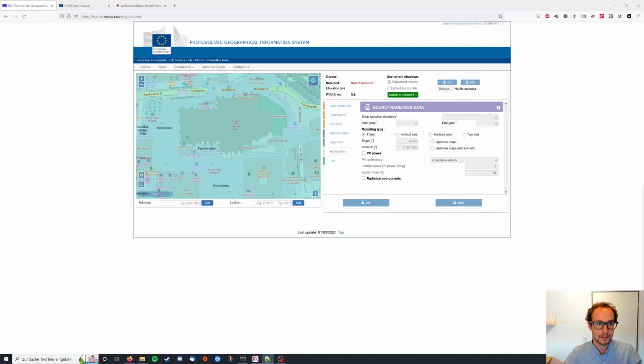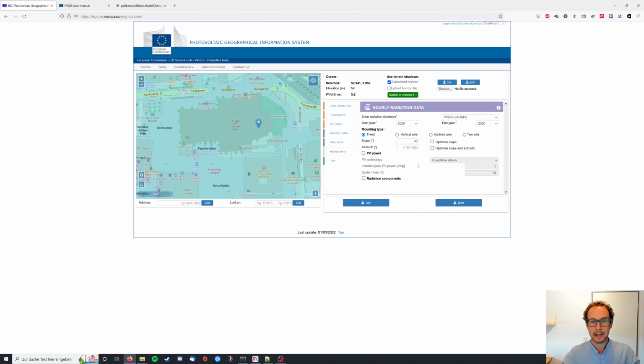So I'm going to go back to PVGIS and again select the cathedral I've been working on. And I'm choosing hourly data this time. And I'm also going to choose the year 2020 for my case. And now we also have to provide the orientation of our PV modules. In my case, I chose 45 degrees as the slope of my